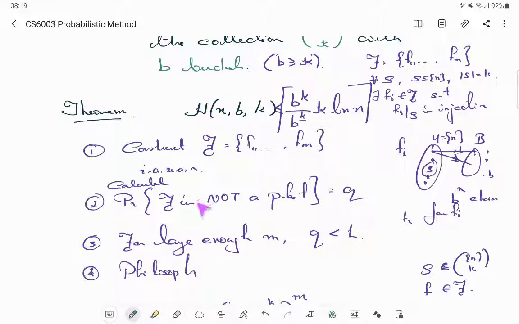It makes the second step easy, because when you do a probability calculation, uniformity will help you in the union bound: instead of adding things up, all the constituents of the addition are of the same value, so you can just multiply by the number of elements in the summation. Independence helps in getting powers and so on. So choosing them independently and uniformly at random makes the calculation very easy. Here, unlike in a usual probability course where you are given a random experiment and you analyze its probability,